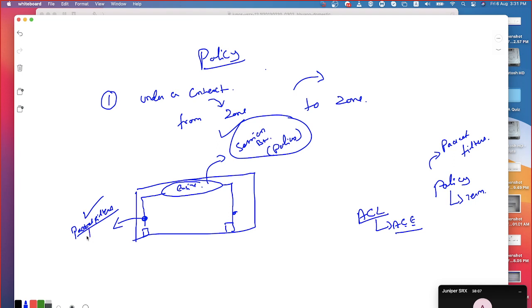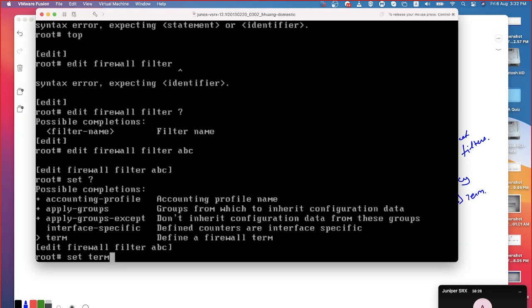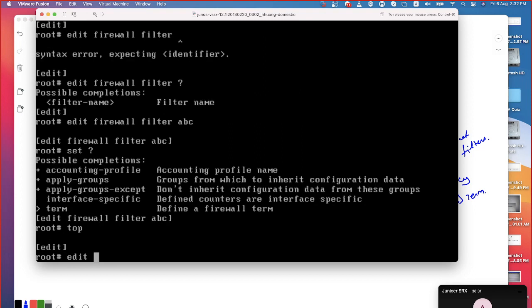Right here, you have a policy and then the name of the access control list followed by the terms. Whereas in session based, every policy needs to be identified by a name because every rule is a policy within that. Okay. Now I'm coming here. Got the difference? Got the clarity on the difference? Edit firewall.